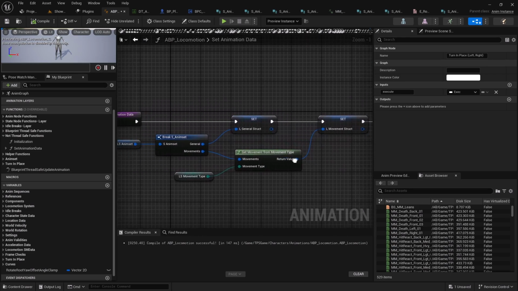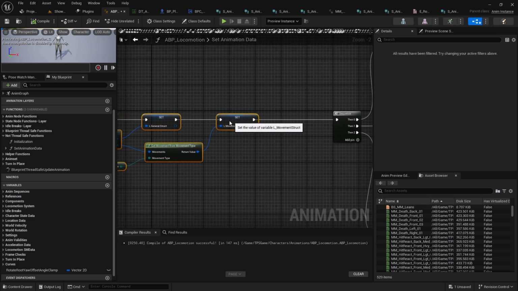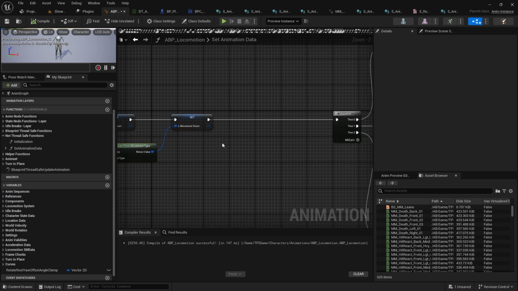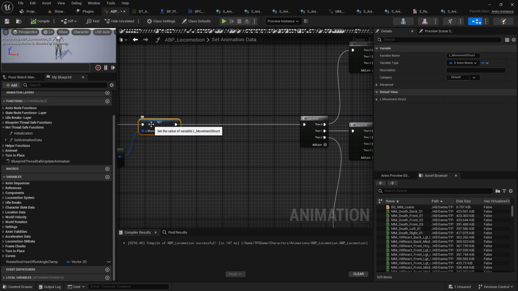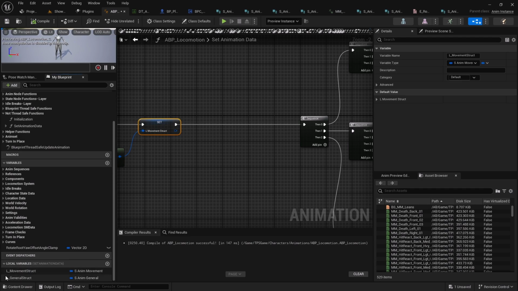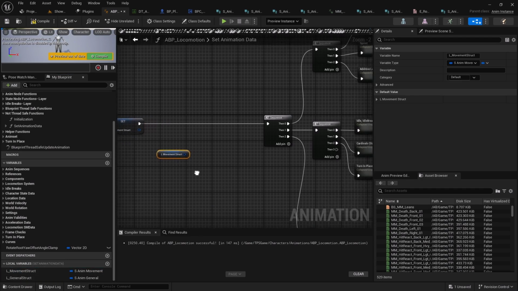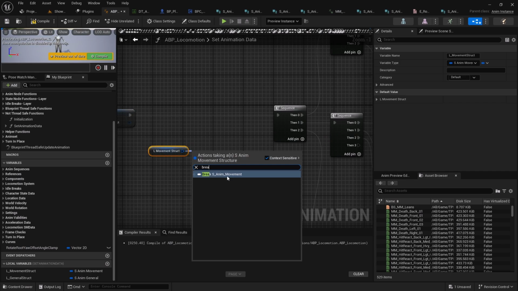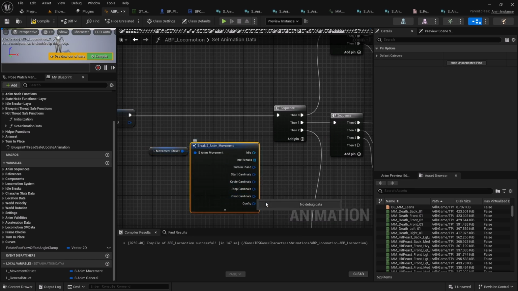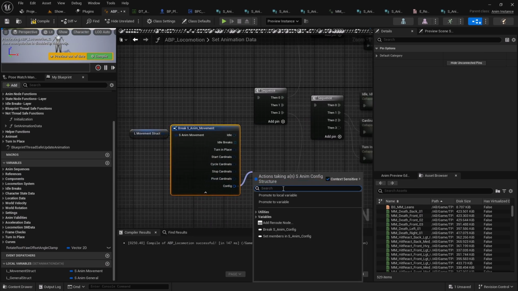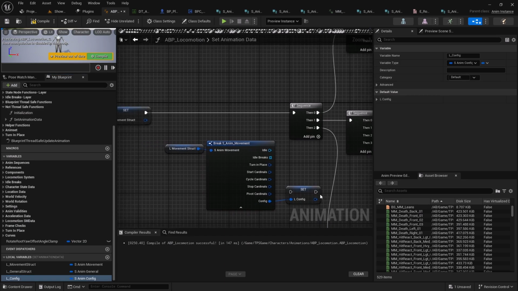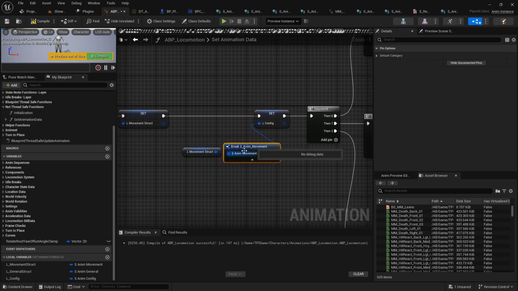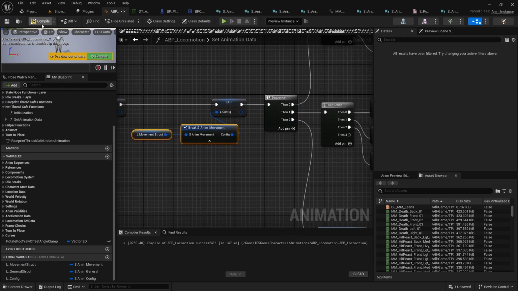So here we have the movement struct. So I'll move it aside, and let's get the movement struct, break it, and here we have config. Let's promote it to a local variable called lconfig. Right, and let's hide the unconnected pins. Compile,